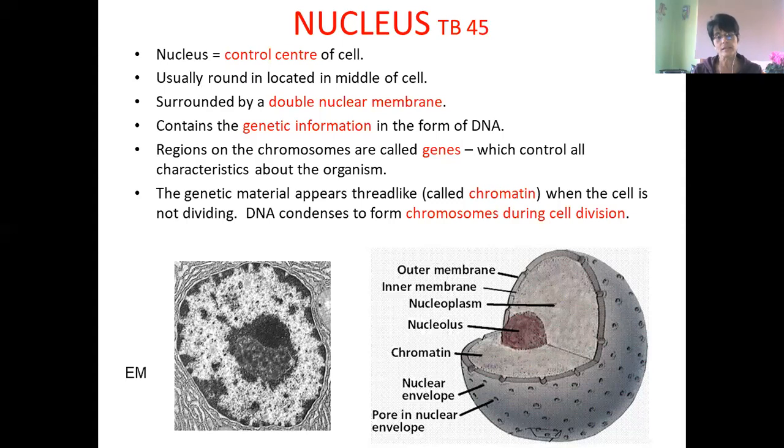Now, every single cell in your body has got a nucleus, well, except for red blood cells. When they emerge from the bones, they're made in the bones by cell division. Their nucleus has broken down and it makes space for more hemoglobin. But that's another story. Okay, so all of your cells have got nuclei because we are eukaryotic organisms, and every